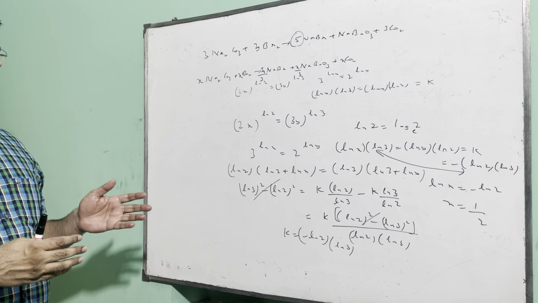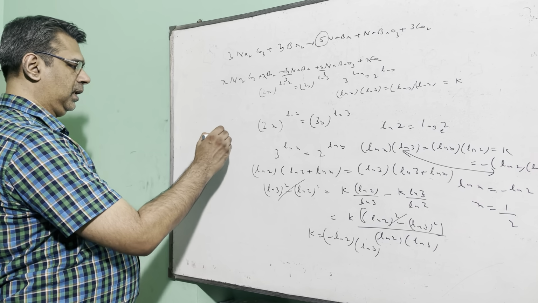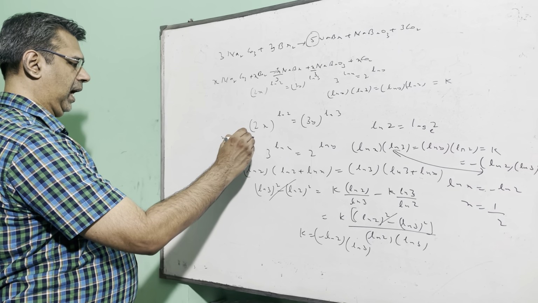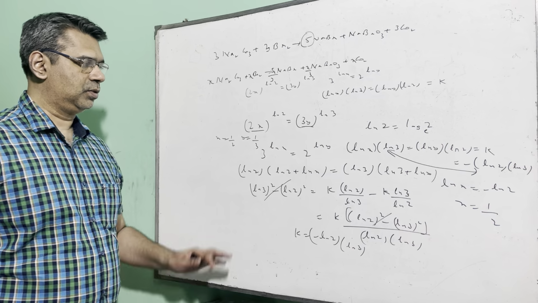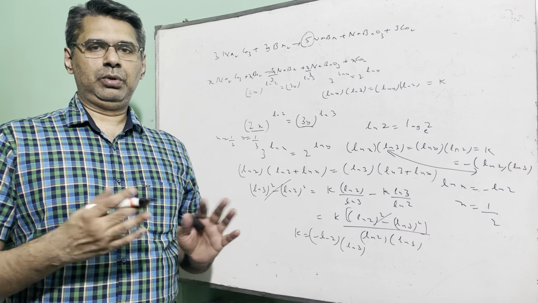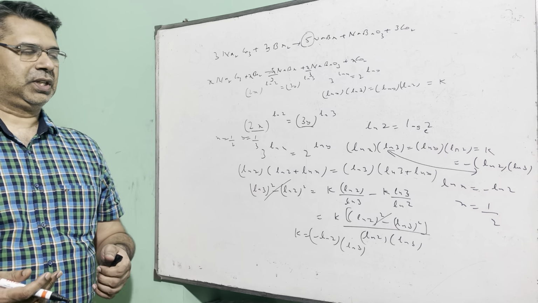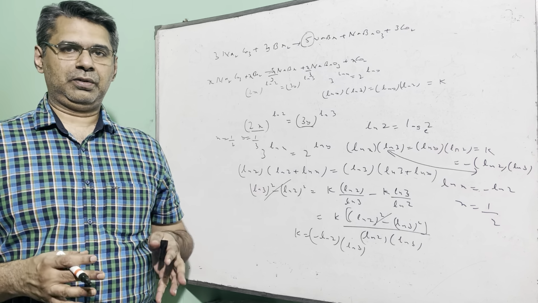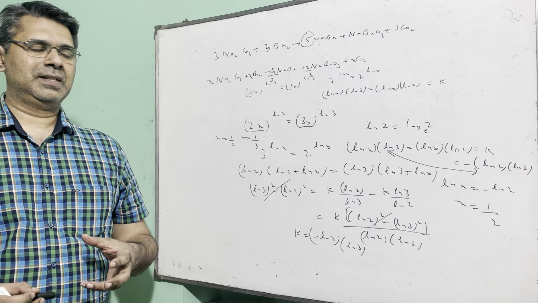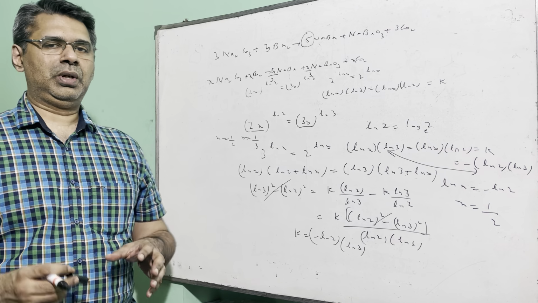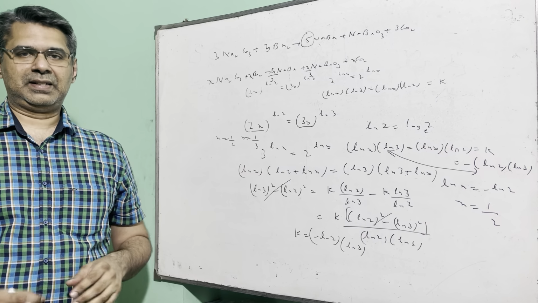That is, in this question the options are given. So if you think about it, if you put x equal to half and y equal to 1/3, then 2x becomes 1 and 3y becomes 1. So on both sides you have 1 equal to 1. So clearly x equal to half and y equal to 1/3 is a valid solution. And by the way, x equal to half is a part of the options. So this is a shortcut, tricky method: you can look at the options, infer that x equal to half gives the answer, and therefore skip all these steps and straight away conclude that x is equal to half.